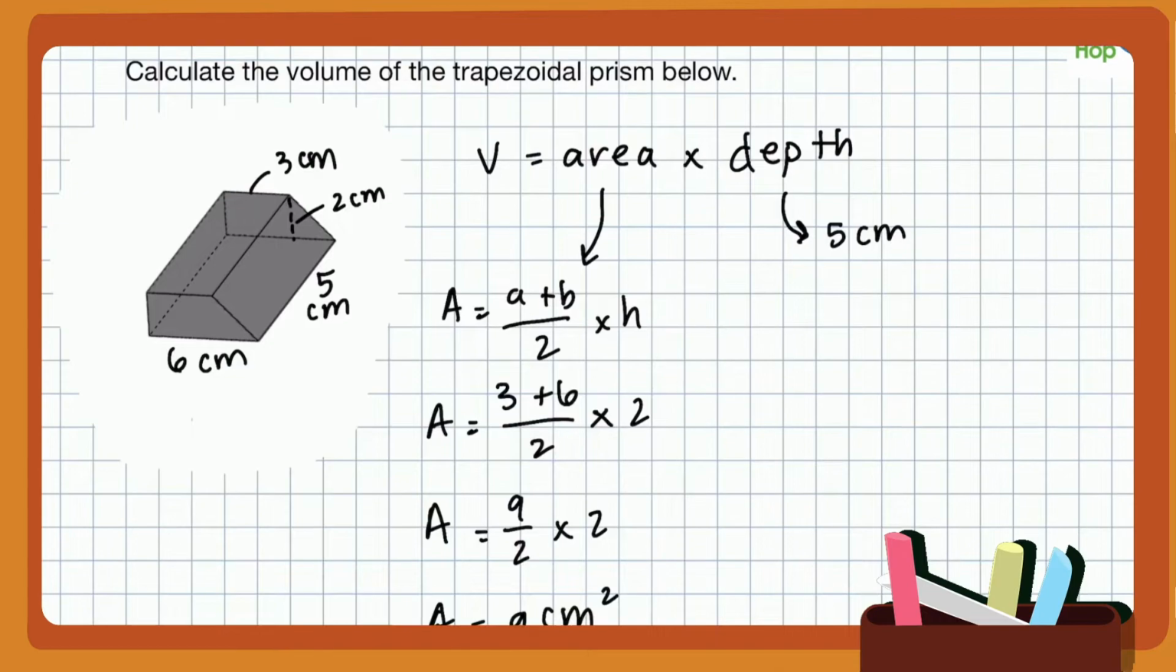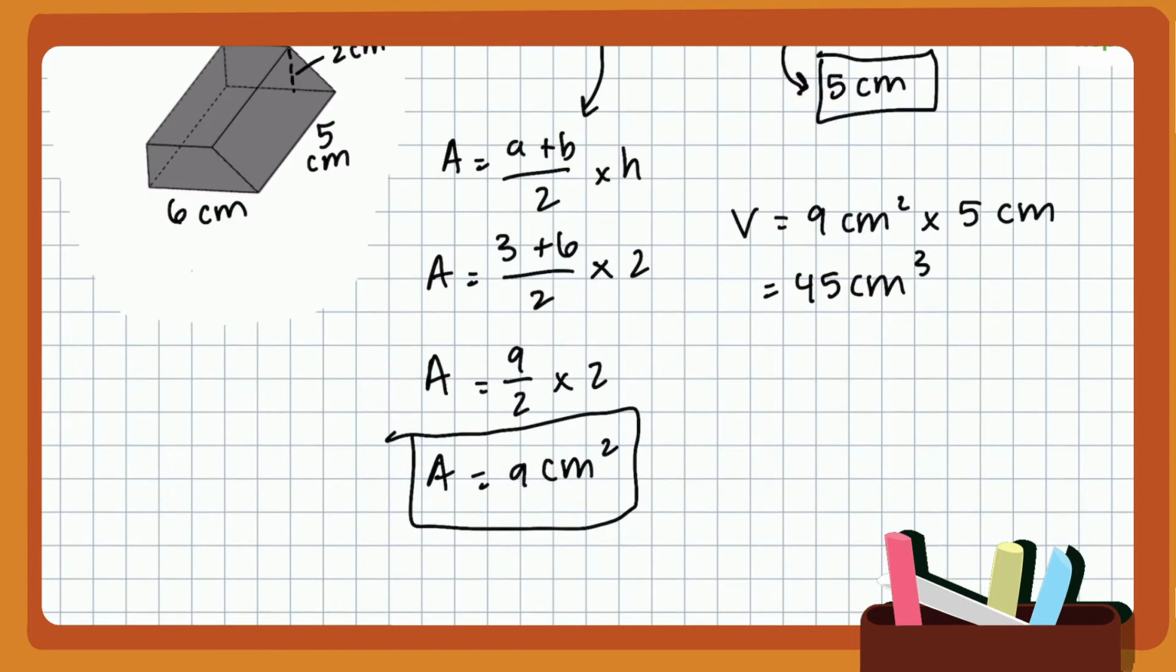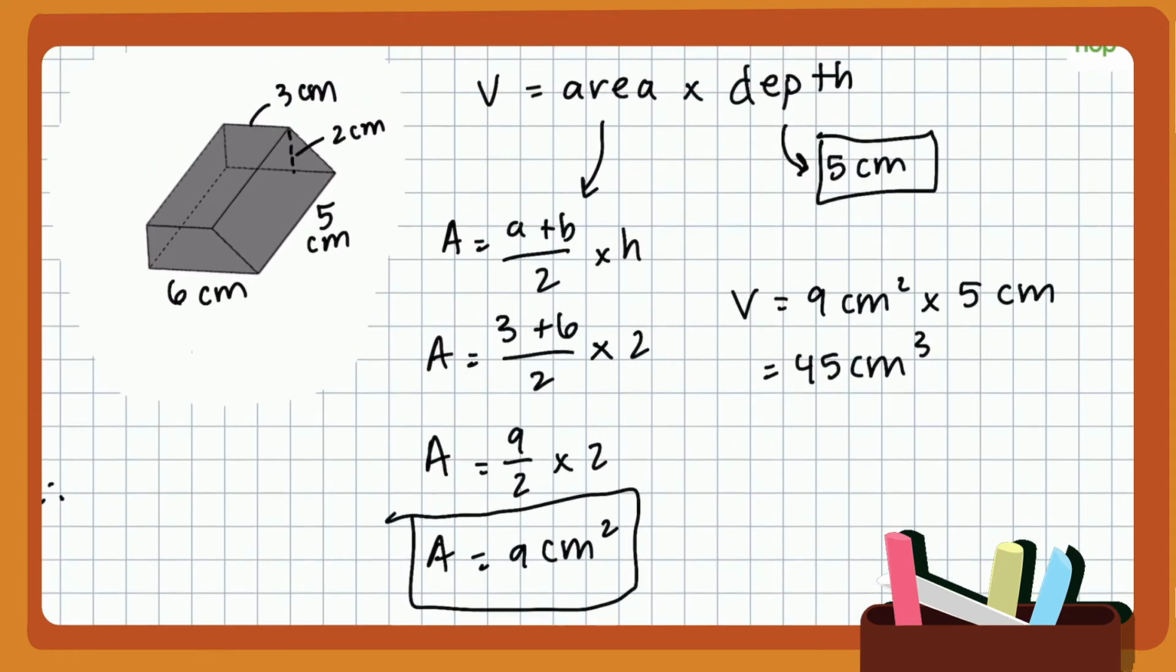So since we have the area, which is 9 centimeters squared, and we have the depth, which is 5 centimeters, the volume is equal to 9 centimeters squared times 5 centimeters, area times depth, which is equal to 45 centimeters cubed. Therefore, the volume